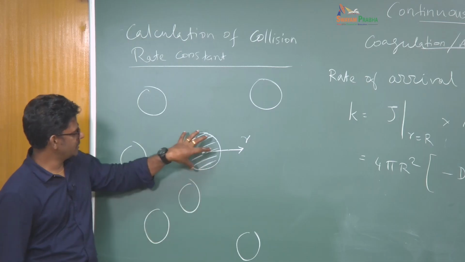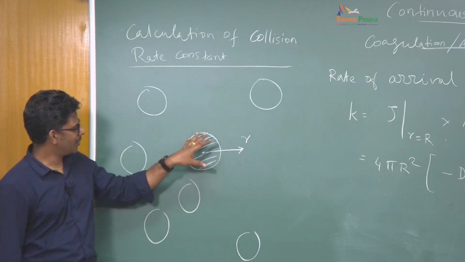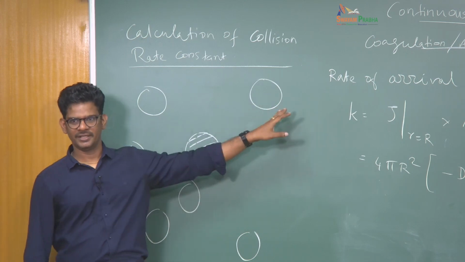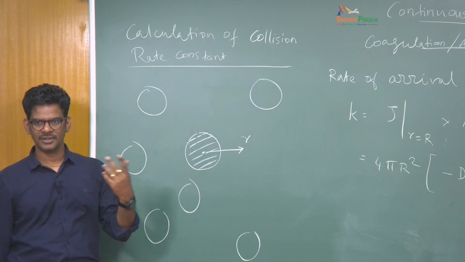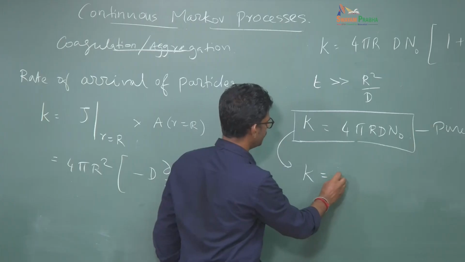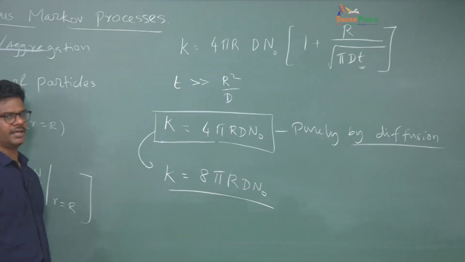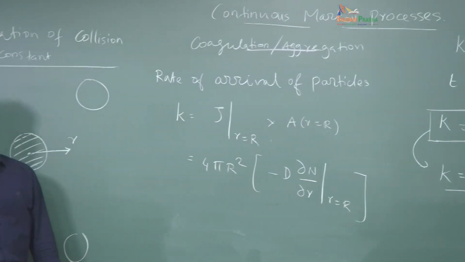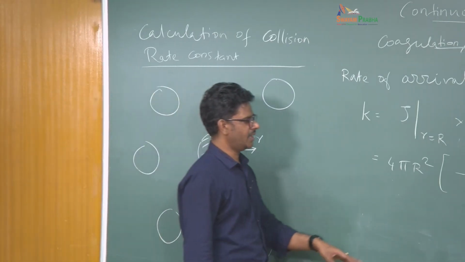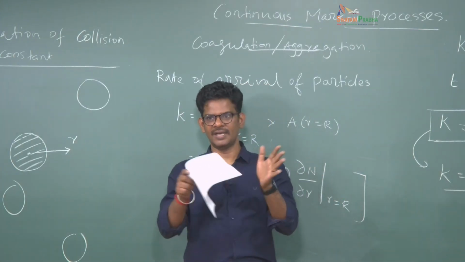Now, in the second stage what we do is we let this particle also diffuse around, just like all the other particles would do. However, the boundary condition is also valid for this particle. Whenever this particle goes to another particle, it is going to aggregate. Okay. When you make this particle also diffuse around, what happens is this K basically gets modified into simply this. It's basically a factor of 2 that's multiplied in this freely diffusing particle. So, now we have the final situation where all the particles are undergoing free diffusion.